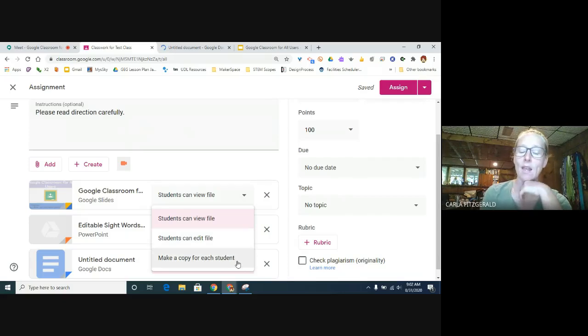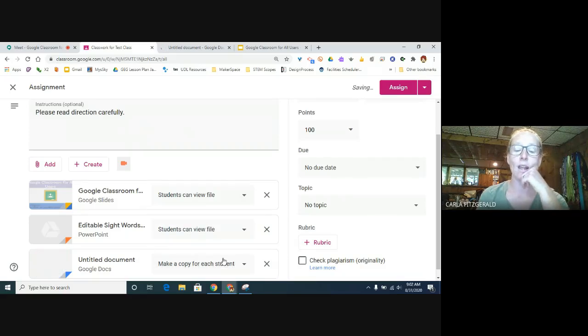The one that is most important and to make sure that every kid gets their own copy is the make a copy for each student. That way, when you go to assign this, and in a second, you're all going to get a copy of this assignment, everyone's got their own document, and you can actually look at that individual document. Over here,